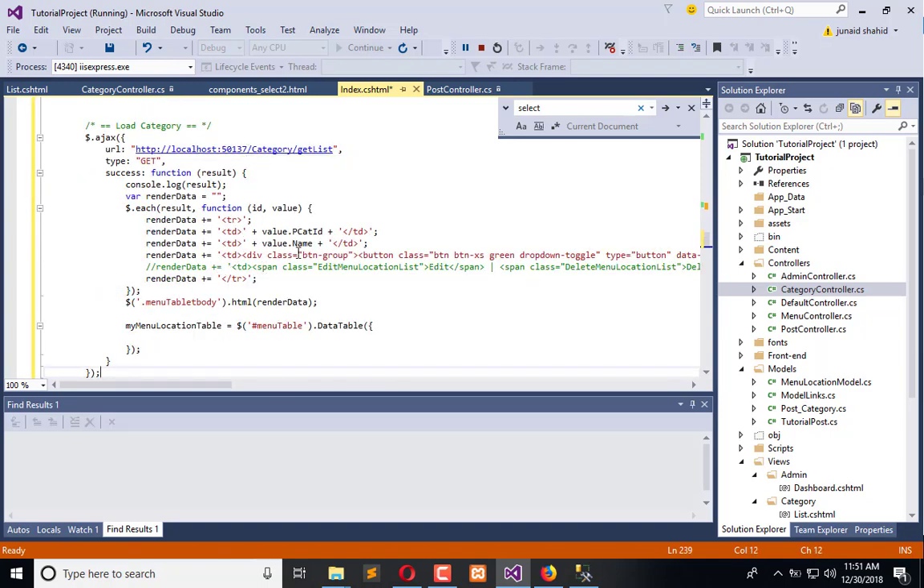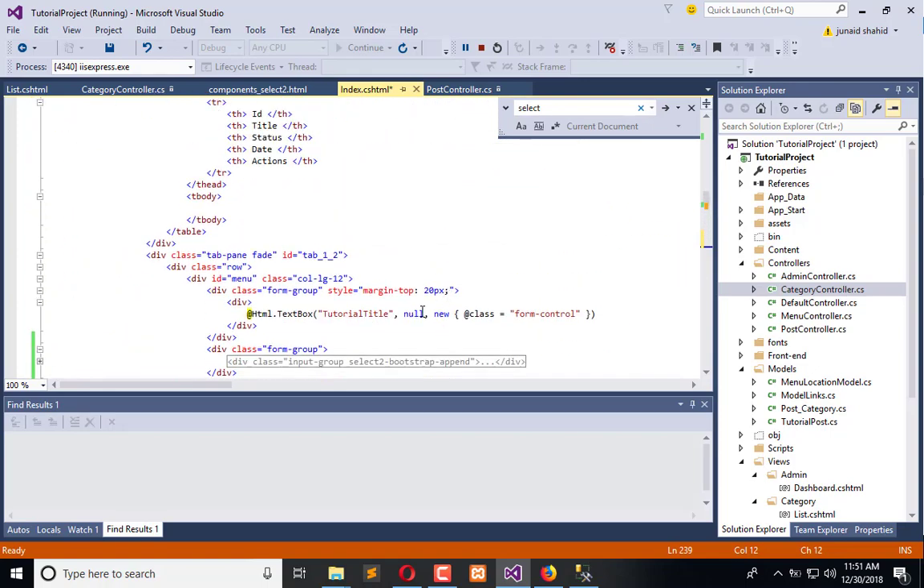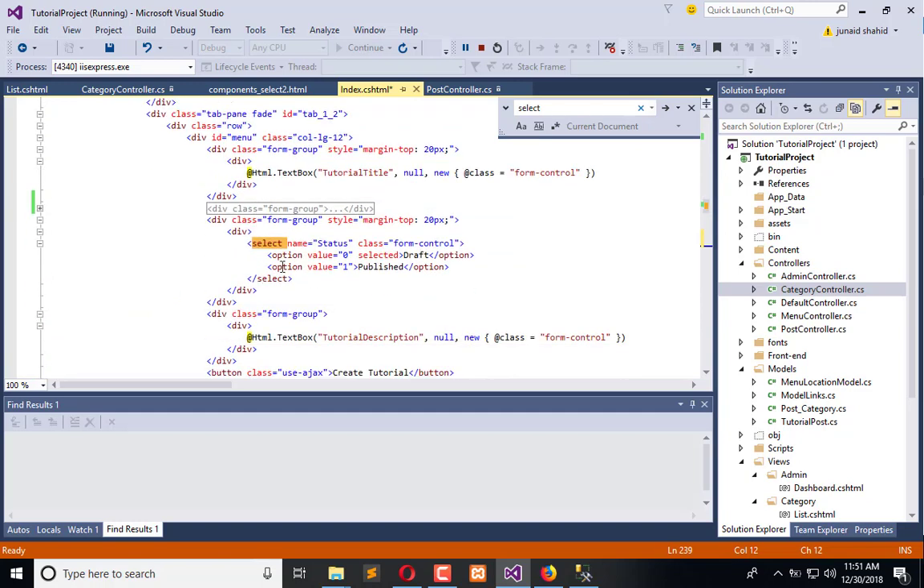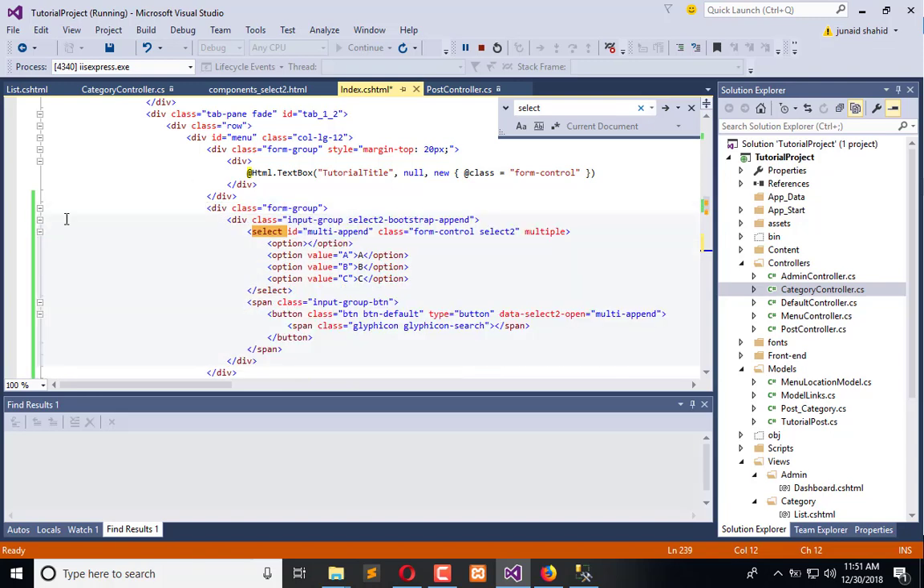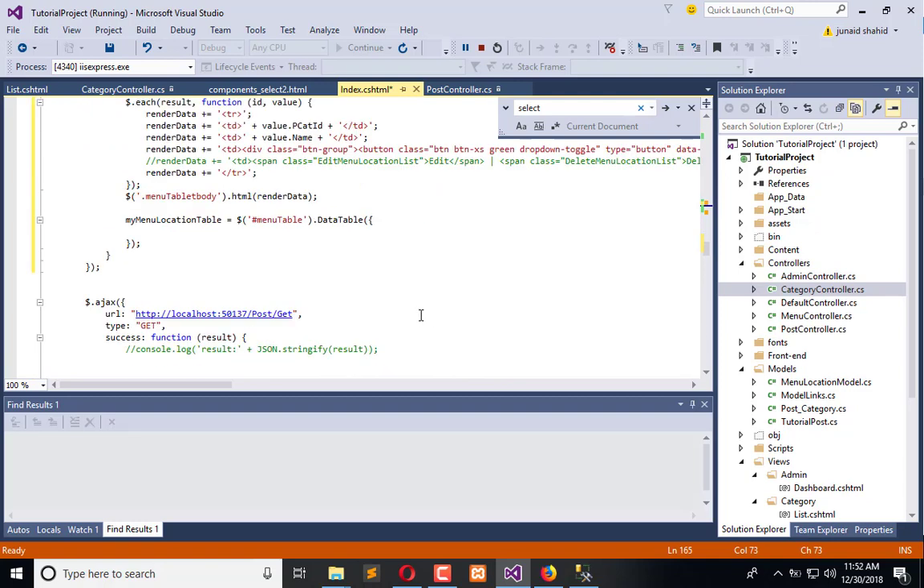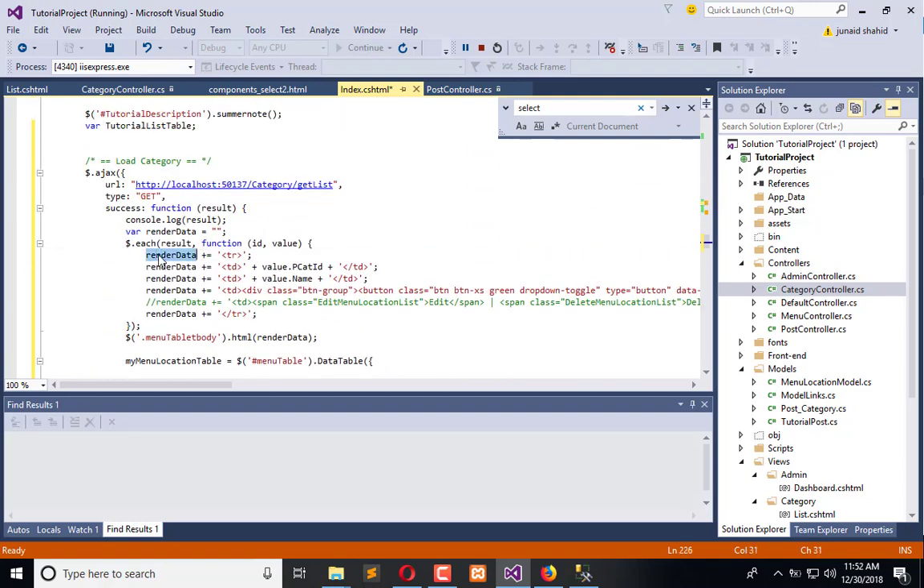It will get data and we will not render like this, but we will use this pattern. This pattern. We will use this pattern to load the data. Change the ID into category. Then we will add options like this. Render data